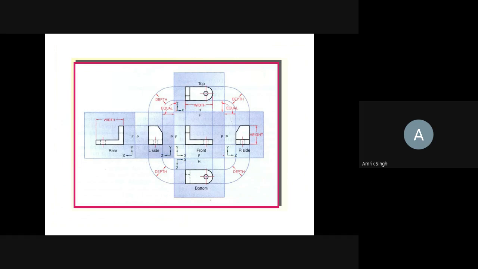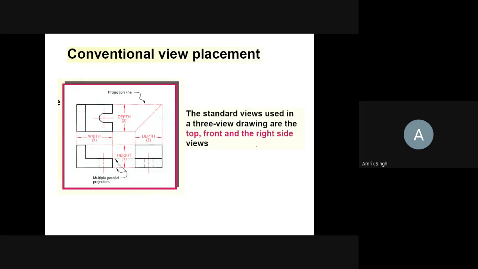So this is how we have drawn the 6 views of an object which is shown to us, right? This is how you have to learn. Conventional placement is like this: the front view, the top view, and then we can take the projector. Suppose this view is not there, and only the front view and the top view are given. How will you produce it? You will draw this line, this line, this line, and this line, and this line you will always draw at 45 degrees.